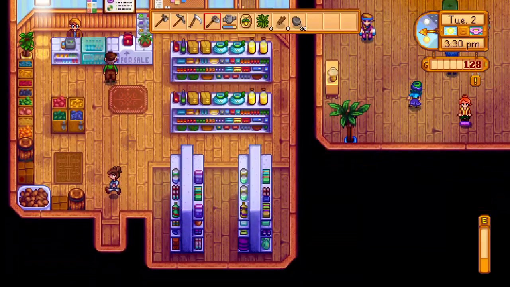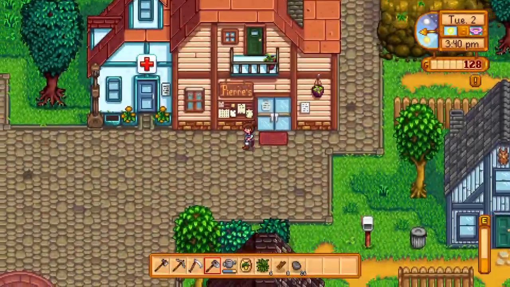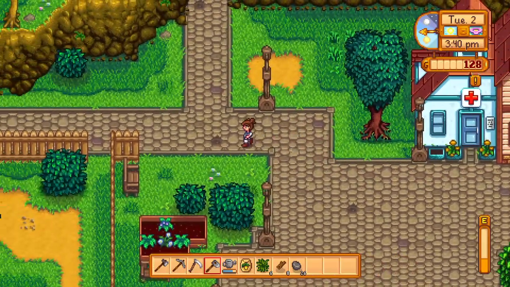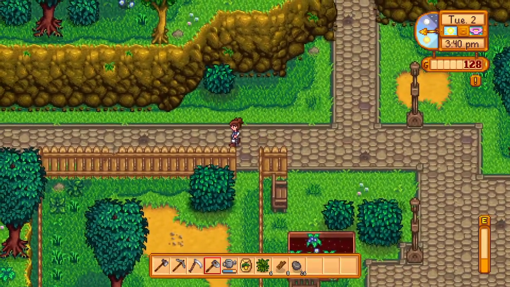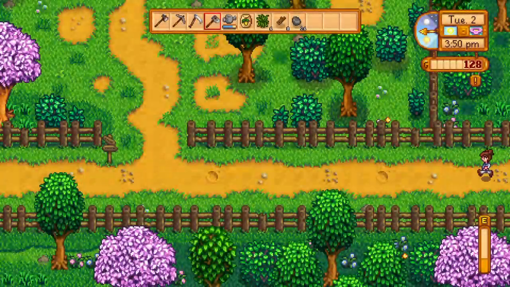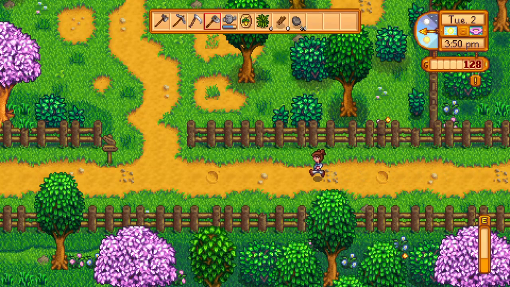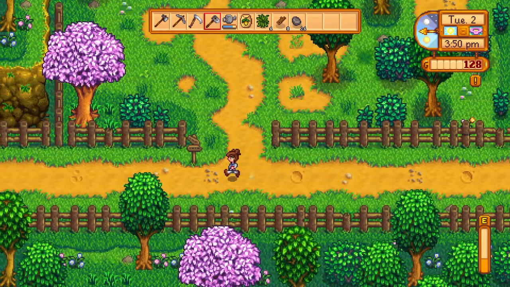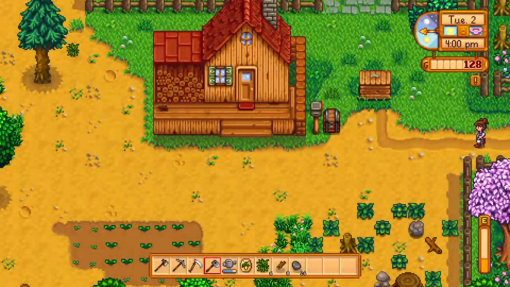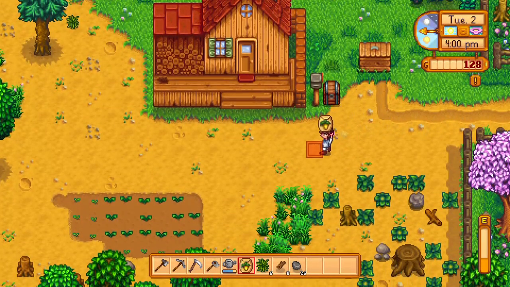That's Mayor Lewis. We met him earlier. Not too worried. Alright, back to the farm. Got work to do. Or do we? Not really. I already planted all of this. But maybe we'll go back to the farm. Oops. Hit the mic there, sorry. We'll plant some stuff. And then